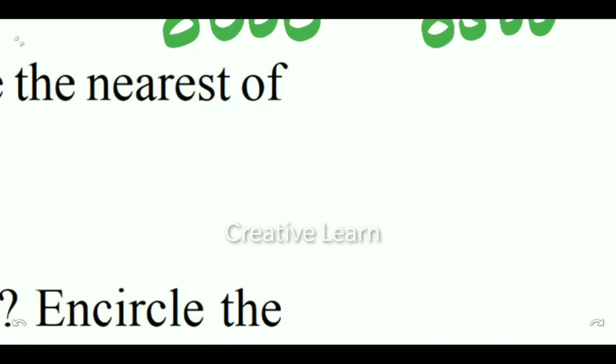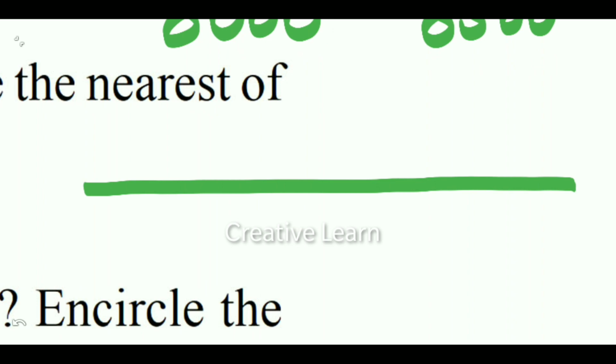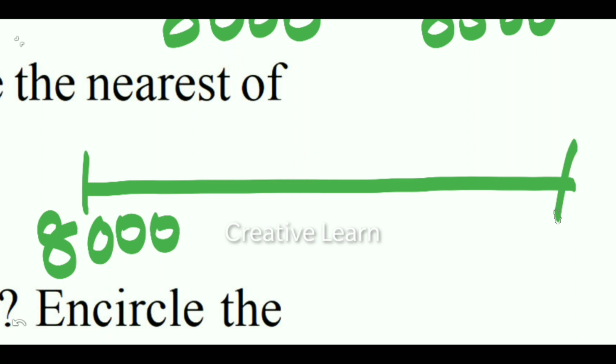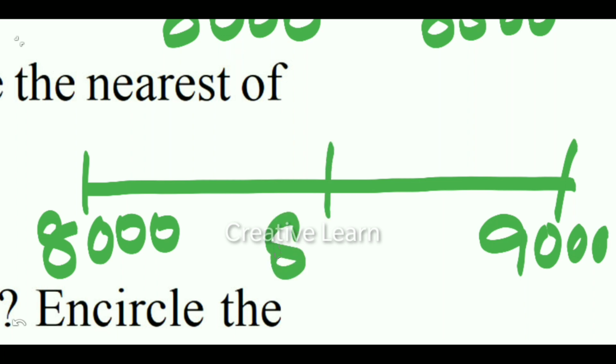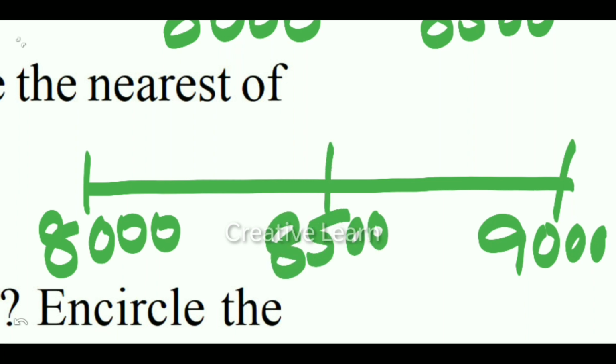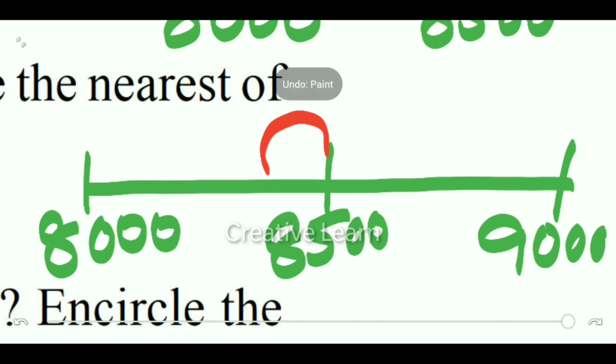Okay, draw the line first. First number 8000 and the last number 9000. Middle number 8500. 8193 means where should it come, before 8500 or after 8500? Definitely it comes before 8500. So write here